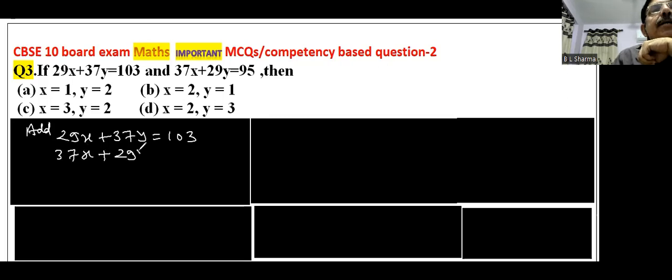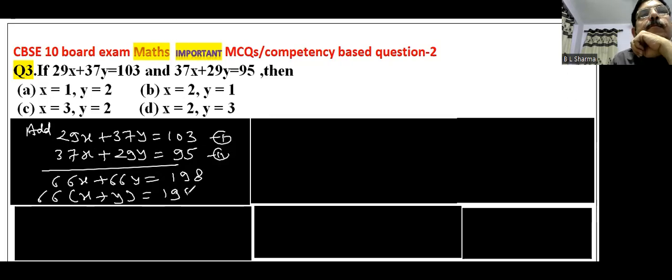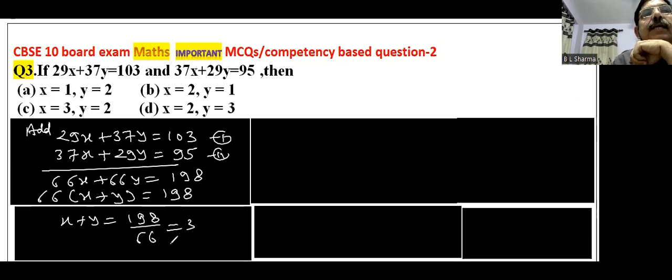37x plus 29y that is 95। इन दोनों को ऐड करेंगे तो दैट इज 66x प्लस 66y दैट इज 198। 66 आप कॉमन लीजिए, सो दैट इज x प्लस y दैट इज 198। सो x plus y is equal to 198 upon 66 that is 3। सो एक इक्वेशन आपका जो नेक्स्ट इक्वेशन बना है सिंप्लीफाई करने के बाद दैट इज x plus y is equal to 3।